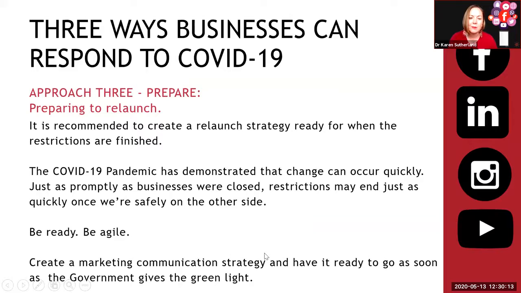So the third approach and response is really, and I think we need to, if you haven't done so already, start thinking about this now, about preparing. We don't know clearly how things are going to change, but they have been changing pretty regularly, first of all with the lockdowns and the changes to businesses, and now the staged restriction easing seems to be on the cards and coming. You can tell the Prime Minister is doing regular media conferences around what's going on.